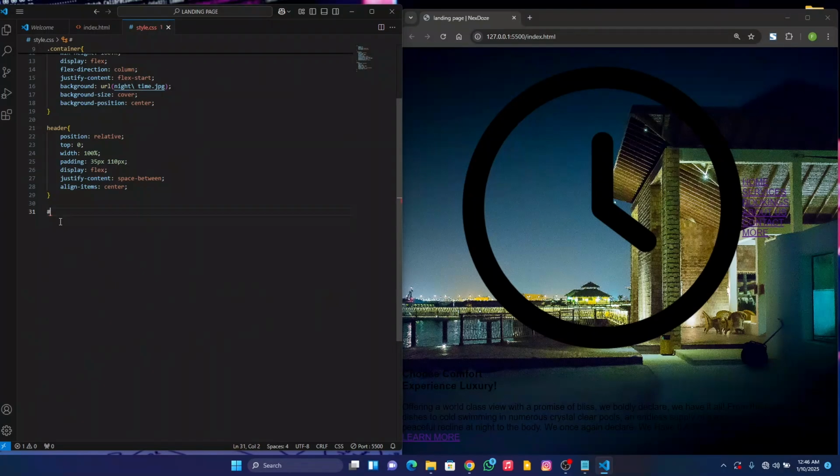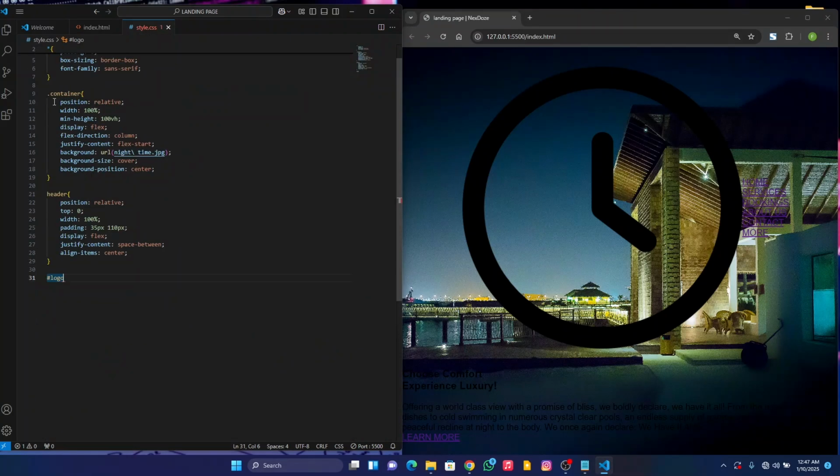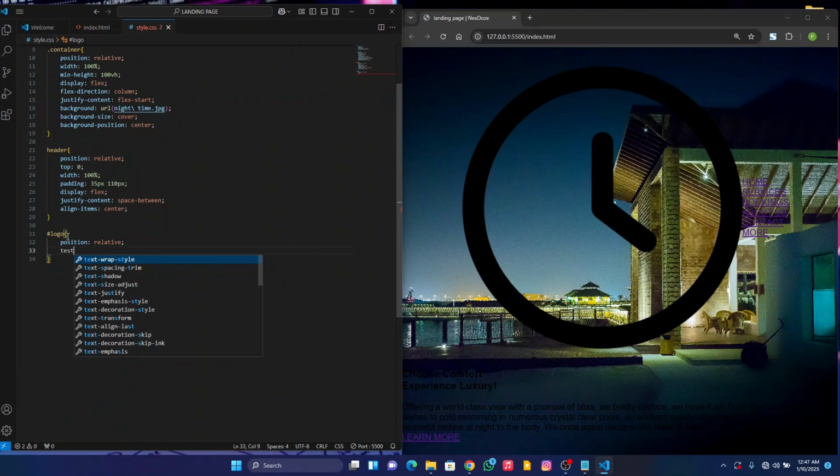Give it a hashtag and logo. You'll be giving this logo a hashtag because you created an ID for it. If it could have been created a div for it, for instance this container that we created a div for, then we'll start with these dots. But since we created an ID for it, we'll be giving it a hashtag. So open a curly brackets, position relative, text decoration none,